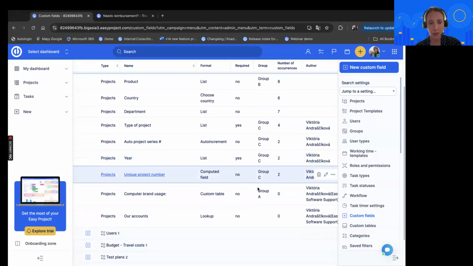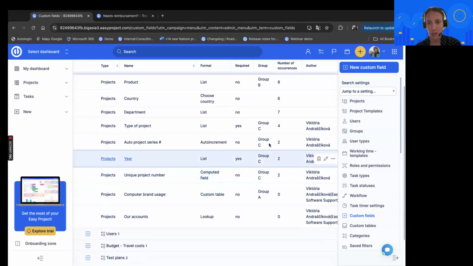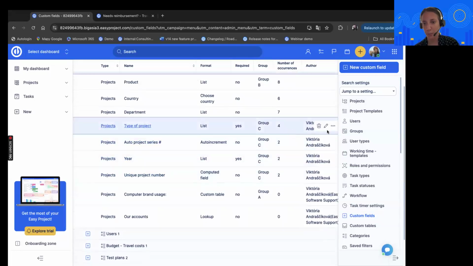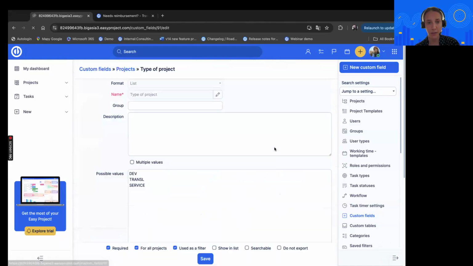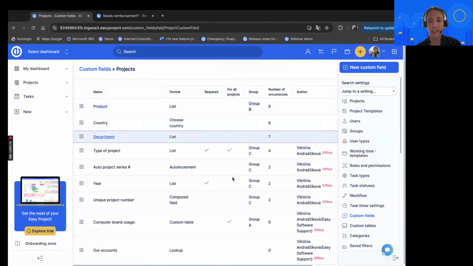And for that, I created a custom field in the format of a list with 3 values. So this is one custom field where we just decide what kind of a project you're going to be working on, so that it identifies the type of the project. And then another one